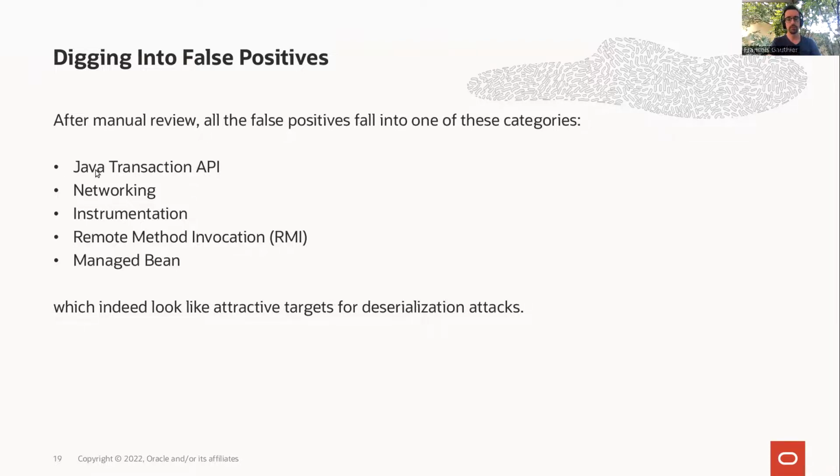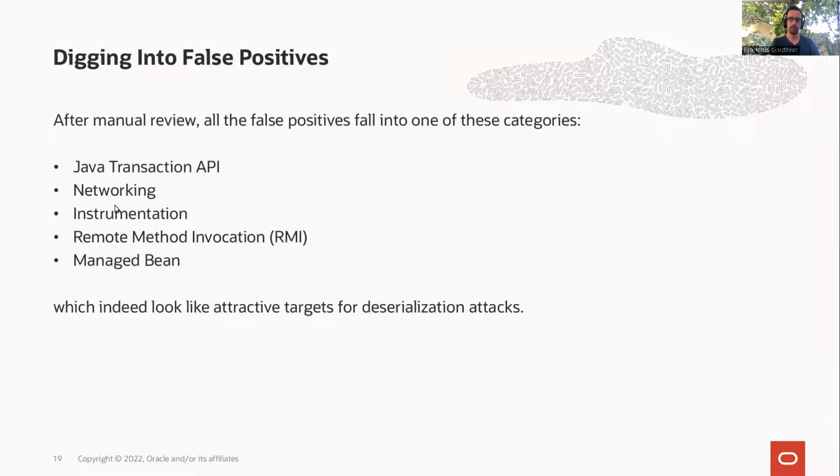Some of them were using the Java transaction API. Some of them were doing networking operations, code instrumentation, remote method invocation, or were managed beans, which is basically a Java class that the web framework can use to dynamically inject values and keep state and so on. Note that all of those